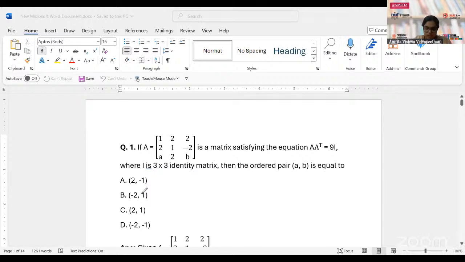Those students, you can start doing this question. We'll discuss it, but before that, you can start doing it. If you have any queries, you can type them in the chat box. Once you have completed it, give me the option also, whether option A is correct, B is correct, whichever one you got as the answer, please type that in the chat box also.